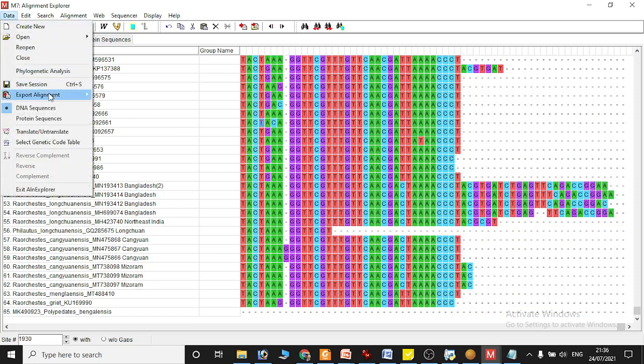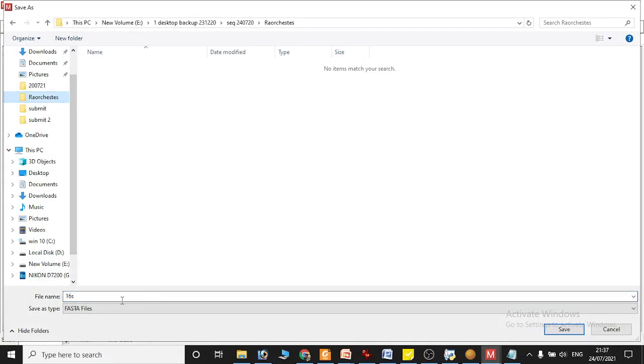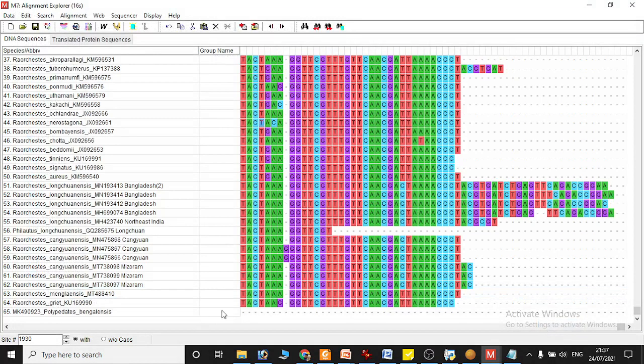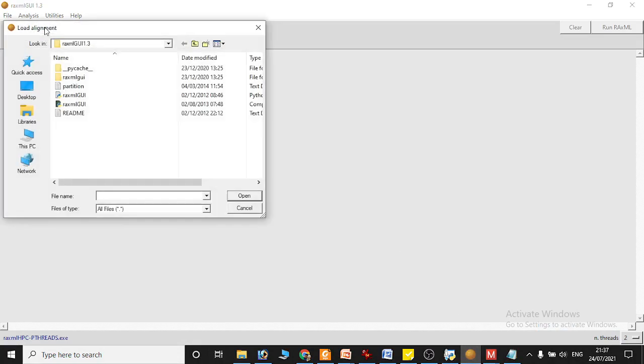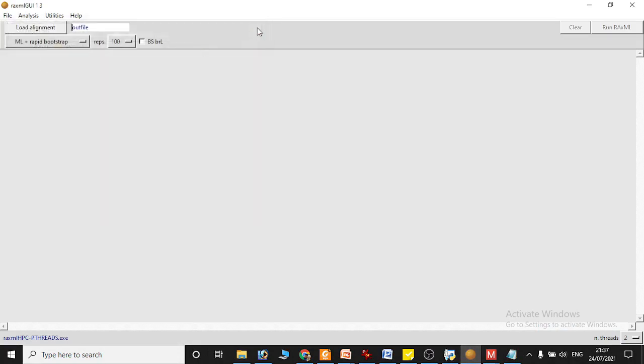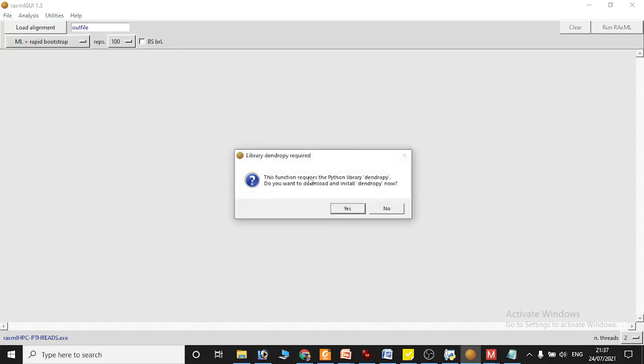As you know, you will have to save it in FASTA format. So I'll go back to Rochester and save it as FASTA format. I'll check if it is saved. Yes, you see here, FASTA format. Now if I open the RAxML load alignment, here they want PHYLIP format. You can also do import FASTA file, but for that you need to download it, and this link is missing. If I do it here, you see that it says not found. So this is a problem.